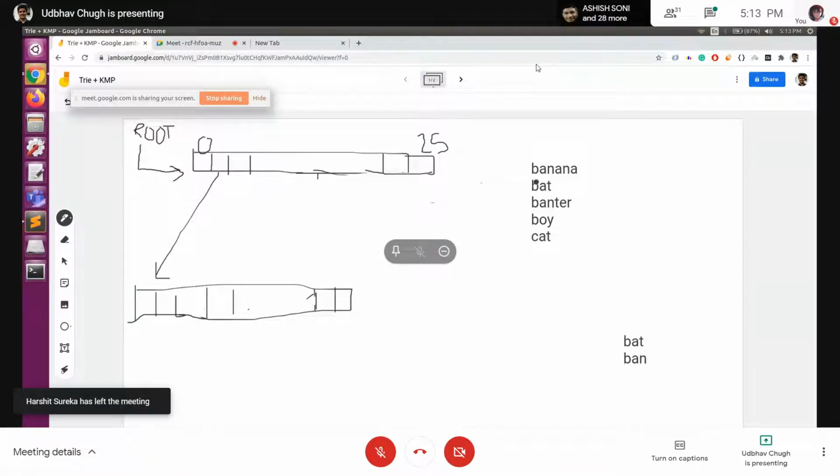And let's say I have to insert banana. Initially all of them would be null, so n is basically denoting null. All of the values will initially be null. And then we have to insert banana. So 0 denotes A, 1 denotes B, 2 denotes C, and so on, right? So for banana, we'll have to make this not null. We'll remove the null from here and initialize this pointer to another such 26-size array.